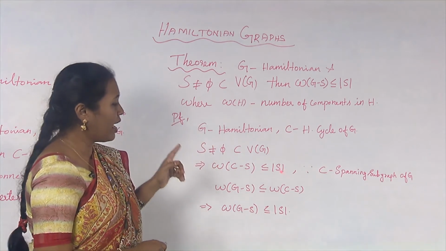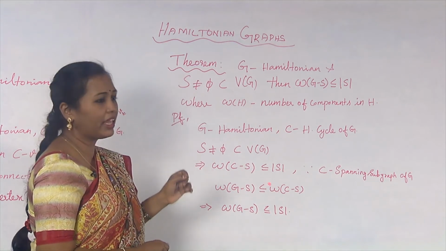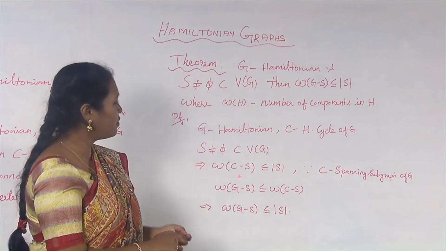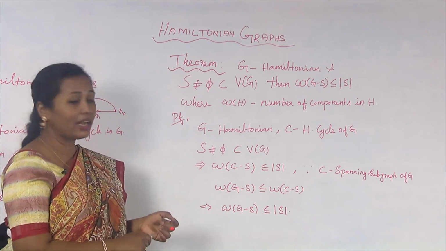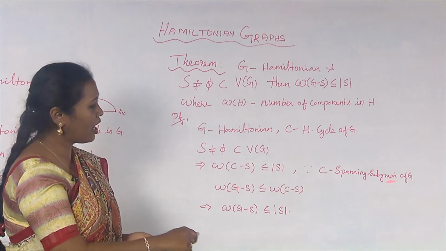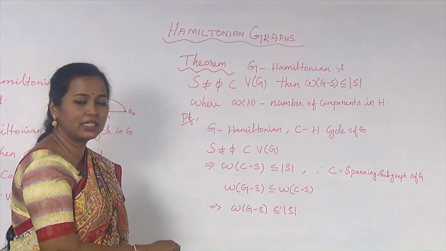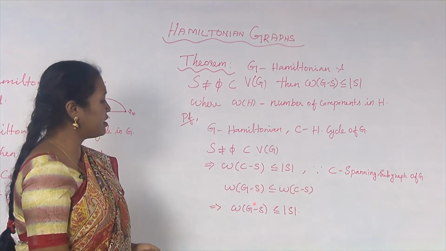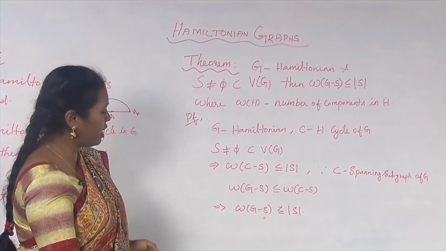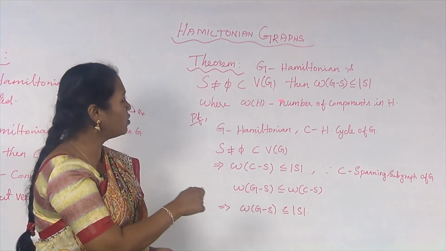So, if you are removing S number of vertices from the graph, the number of components that you get cannot exceed the number of vertices that you remove. I hope this is clear, because omega of C minus S is definitely less than or equal to the cardinality of S. Therefore, because C is a spanning subgraph of G, omega of G minus S is less than or equal to omega of C minus S. This is also obvious, and from these two conditions, you can say omega of G minus S is less than or equal to the cardinality of S,